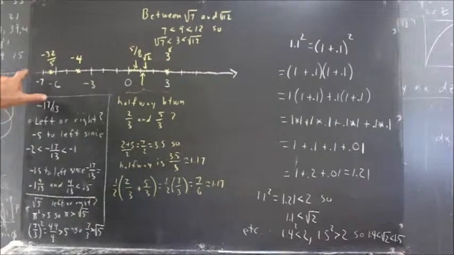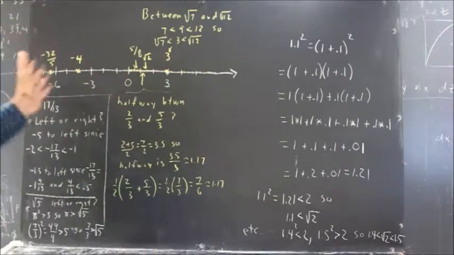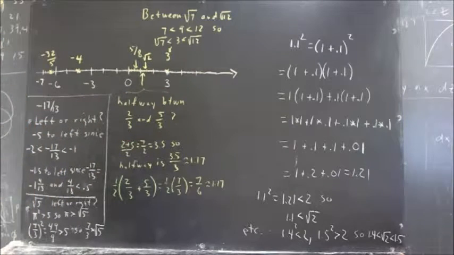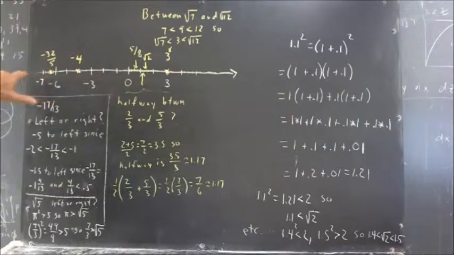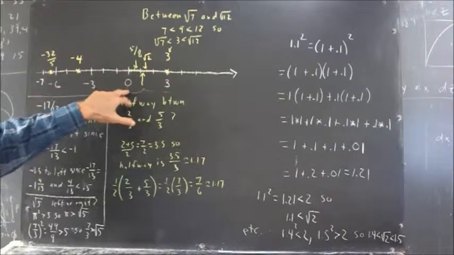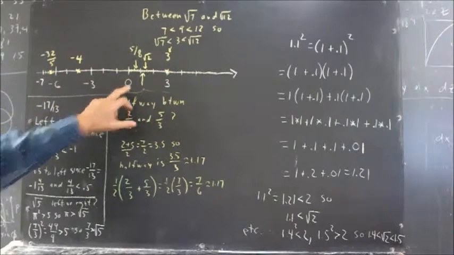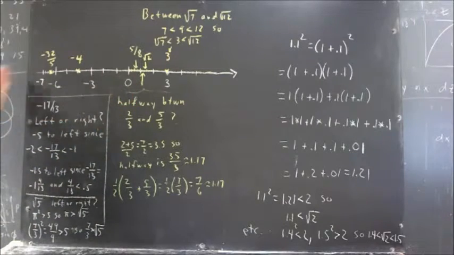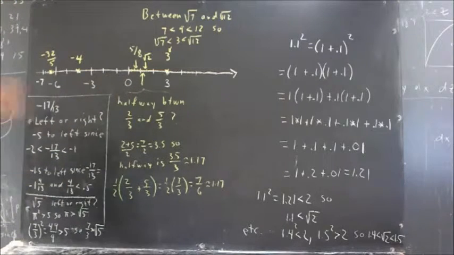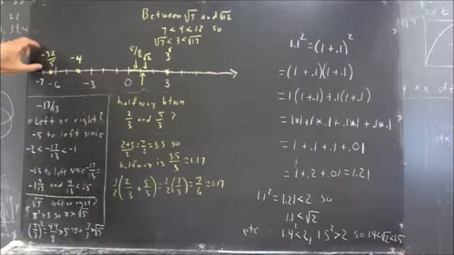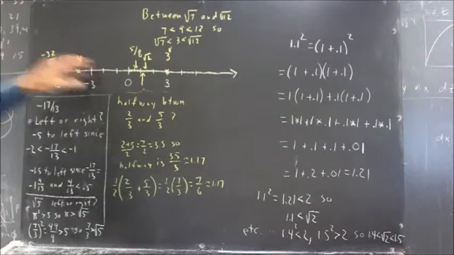You were asked to sketch a number line and locate a number of points on it. In marking off the number line, we want to have the point 0, and we also want the number line to go far enough to the left and right that we can include all of our numbers. If I put 0 here, then since negative 32/5 is fairly easily seen to be the number that lies furthest